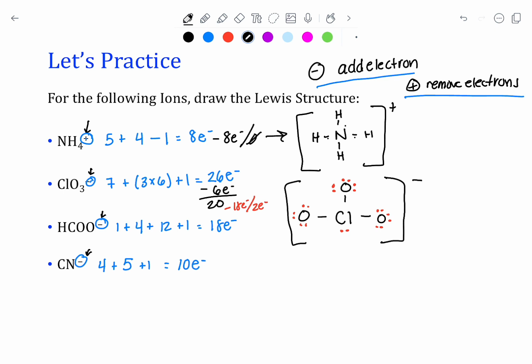So we're following the same steps that we did in all of our previous Lewis structures, except now we are going to be representing our charge with brackets. Okay, next up we have